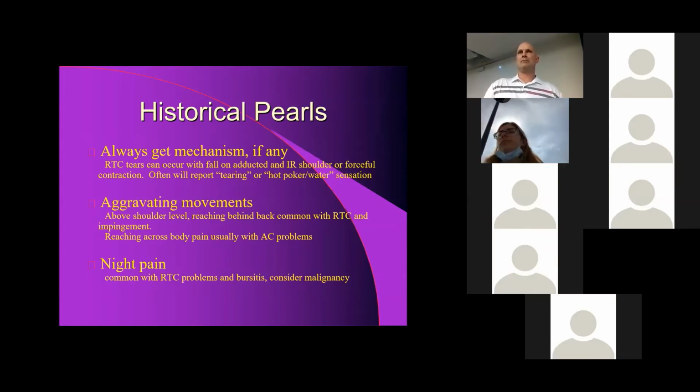So it doesn't always make me go to malignancy or something bad. But as nighttime pain in general, especially pain that's waking people from sleep, is never a great thing, and always makes me a little bit worried about something more serious, such as a malignancy or tumor. But it's also a very common complaint with bursitis and